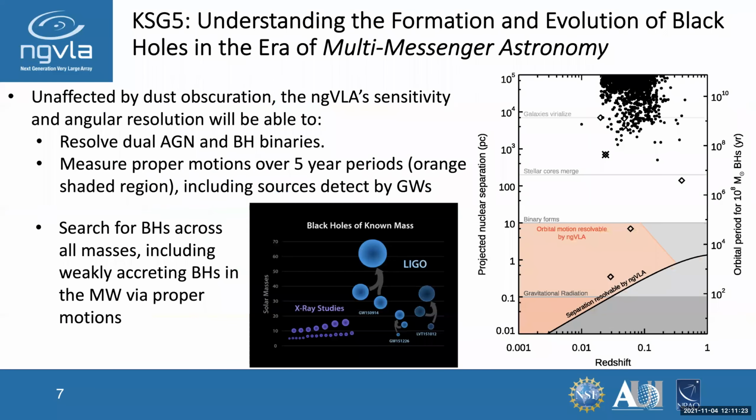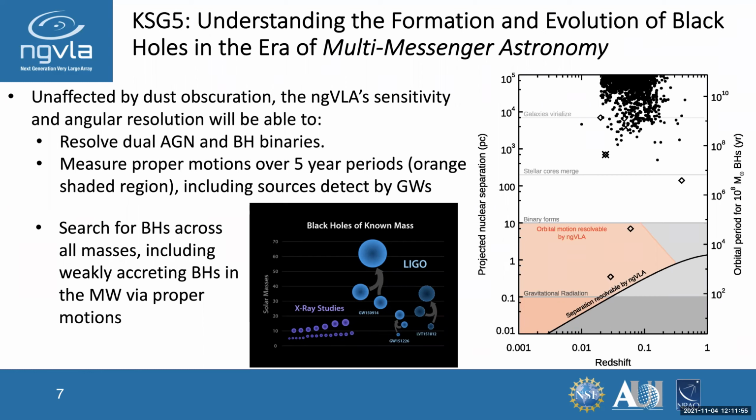Another key science goal is understanding the formation and evolution of black holes. Unaffected by dust obscuration, NGVLA sensitivity and angular resolution will be able to resolve AGN and black hole binaries. In this plot on the right, from Sarah Burke-Spolaor, from her science book chapter, I believe, it's projected nuclear separation in parsecs, and to the right is redshift, and this orange area is the area of systems